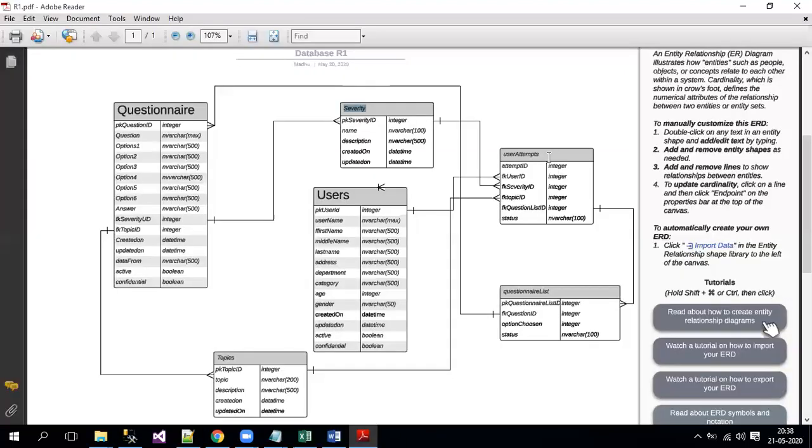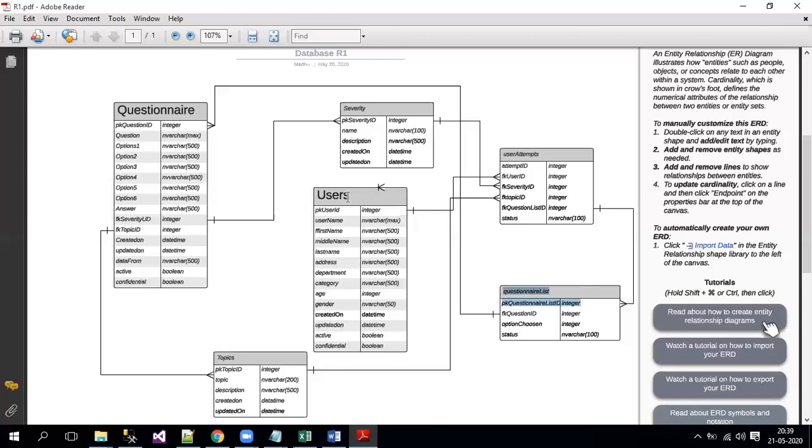Now let me go with user attempts. In my user attempts, I have mentioned FK here, 1, 2, 3, 4, totally 4 foreign keys, which means these foreign keys are depending on some other primary key tables, which means it's a dependent table, correct? So we can ignore this table as of now. Now let me go with another table called quaternary list. Again it has a primary key and a foreign key. As it contains both primary key and foreign key, again it's a dependency, because as I mentioned, an independent table contains only a primary key. So we can ignore quaternary list as well.